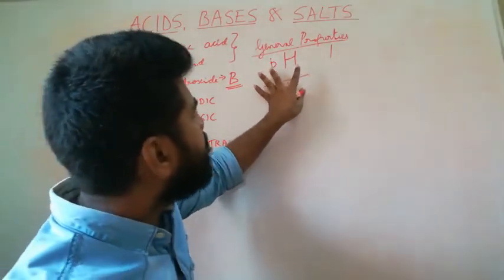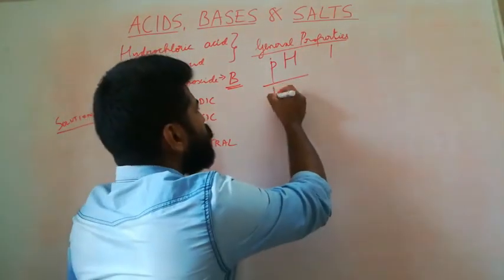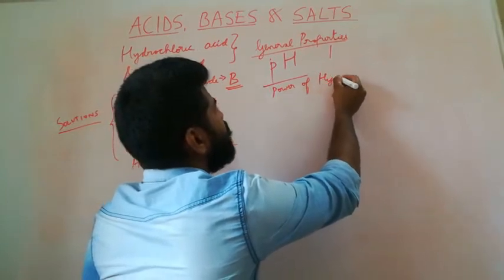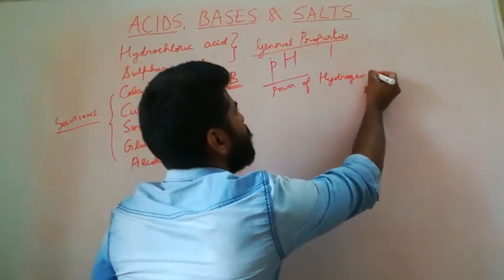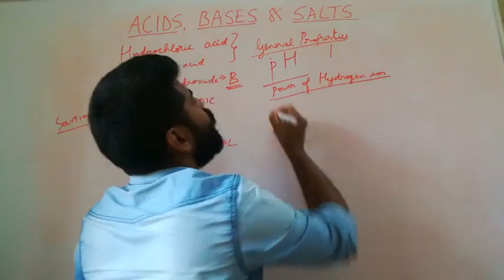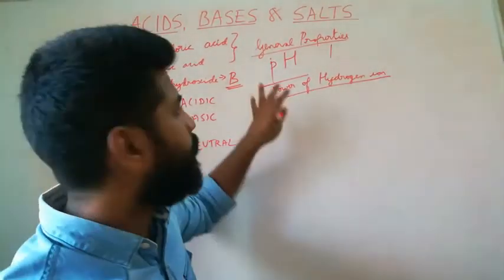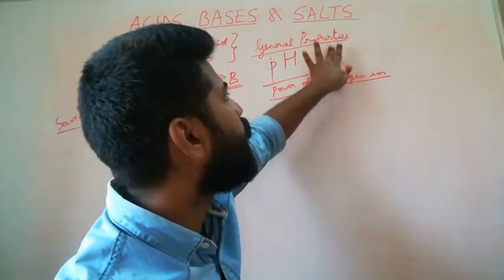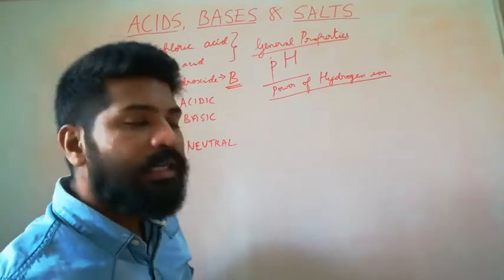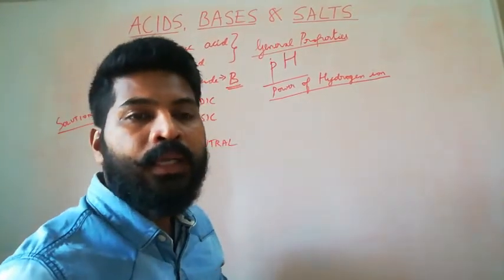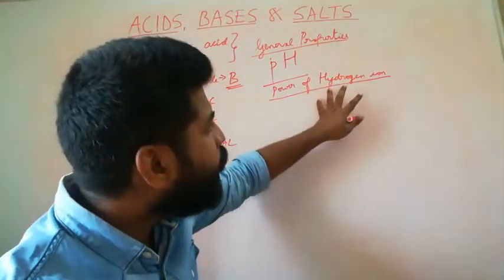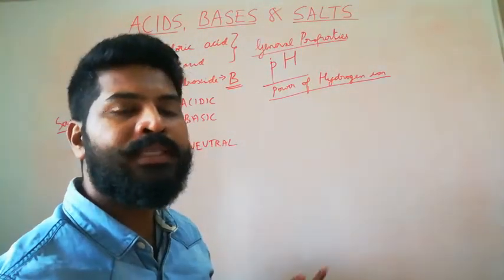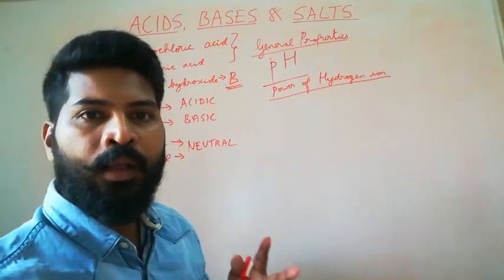The letters P and H refer to power of hydrogen ion, potenz hydrogen in German. P stands for potenz, that is power. H stands for hydrogen ion. So that is what pH is. It will measure the amount of hydrogen ion in a solution. The question is, why is it measuring hydrogen ion? Because